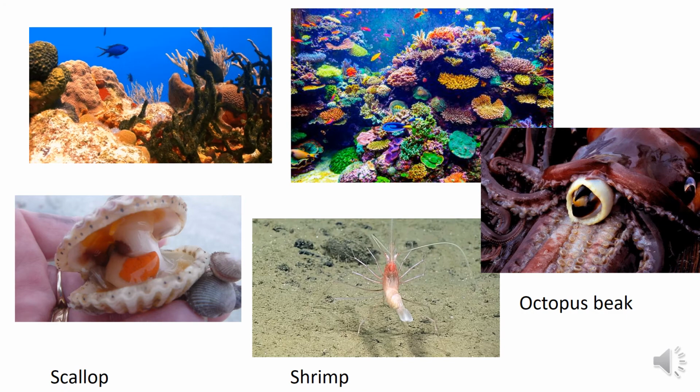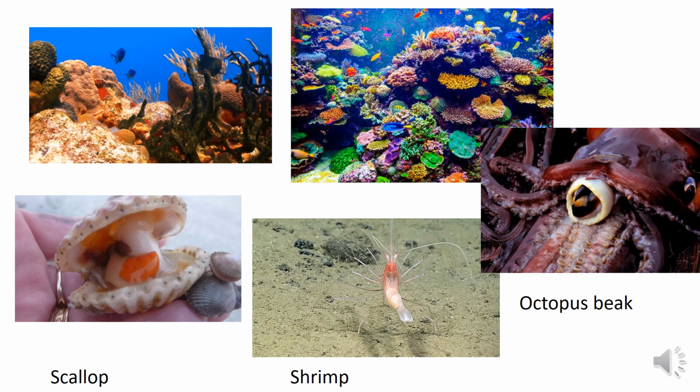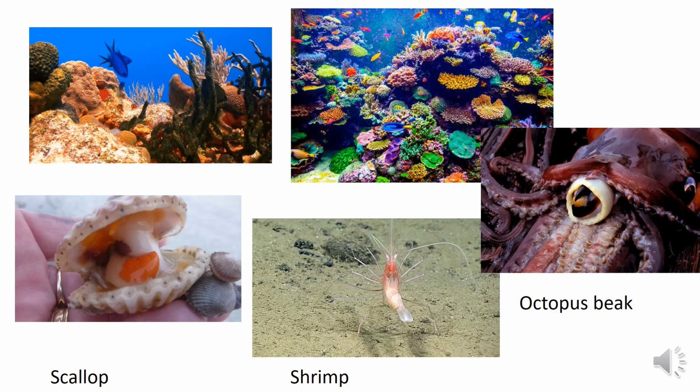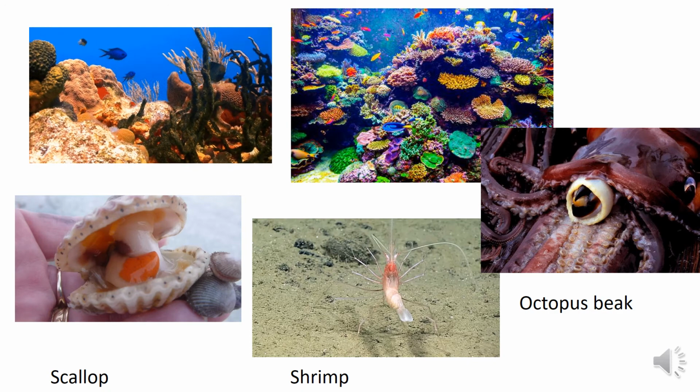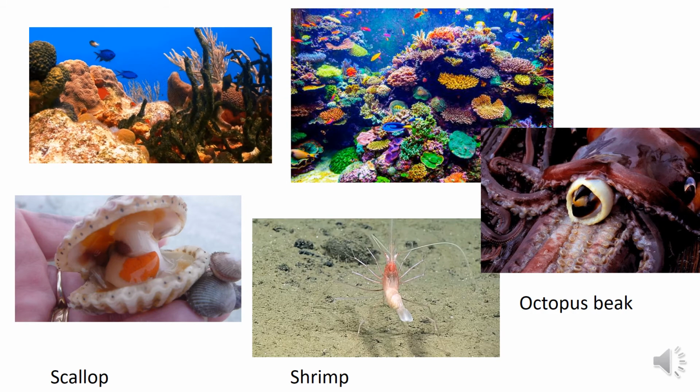So at the top I have 2 pictures of a coral reef. So you can see it's underwater, quite colourful. It's basically an underwater environment. I have a picture of a scallop, a picture of a shrimp,